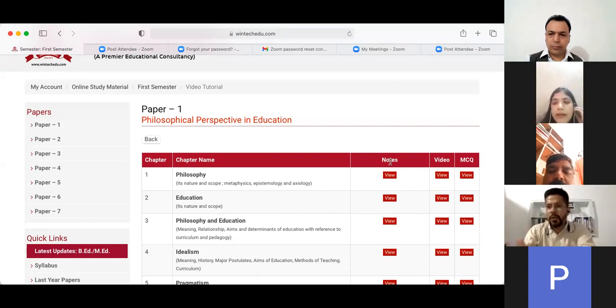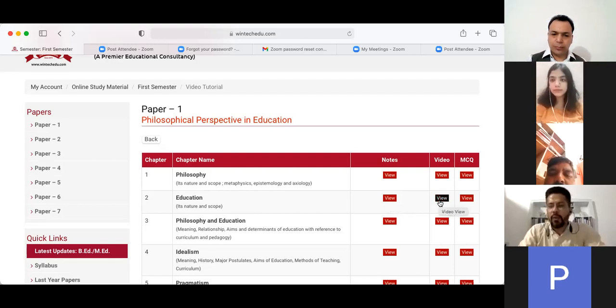There are 3 sections. You will have 3 kinds of learning material in this. First one, you will find the notes in PDF form or PPT form. Second, you will have the video. The same video of your live session which was done today would be recorded and uploaded over here today itself. You will find the same video over here.